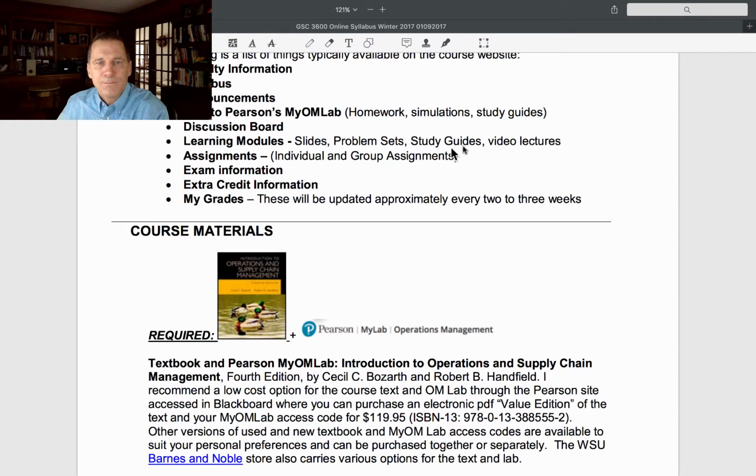Learning modules, I'll post things in there. You're going to need to look at those learning modules every week. I'll try to keep them structured and organized. Can be a little bit of cat herding sometimes, but I'll do my best to make it a useful, structured area for you. Under